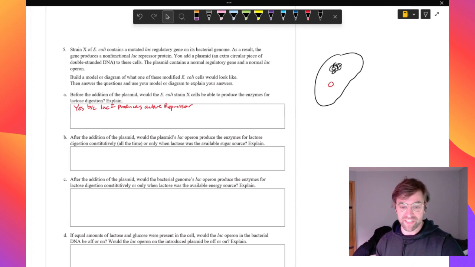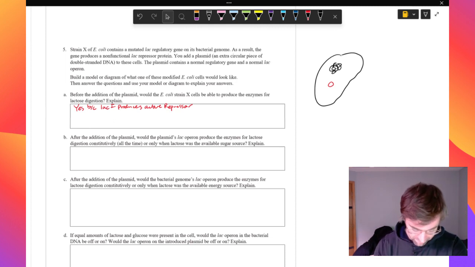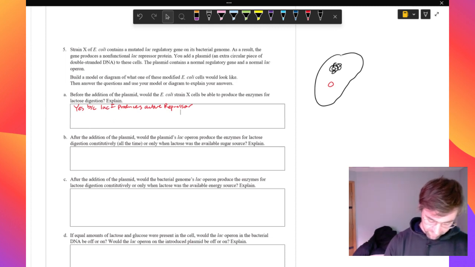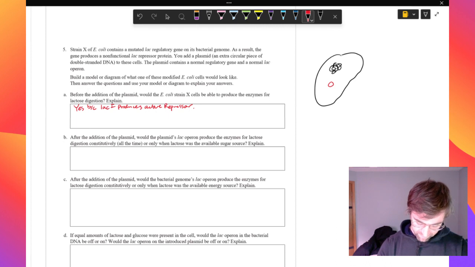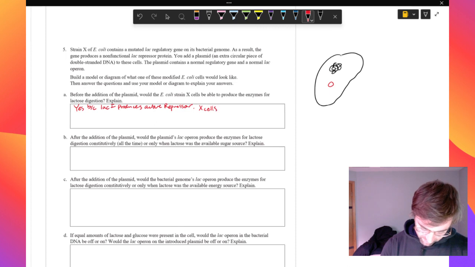The gene is mutated so that it cannot produce the repressor protein, so it's always upregulating those genes that digest lactose, even when we don't need it. Right? So X cells, no repressor, which leads to